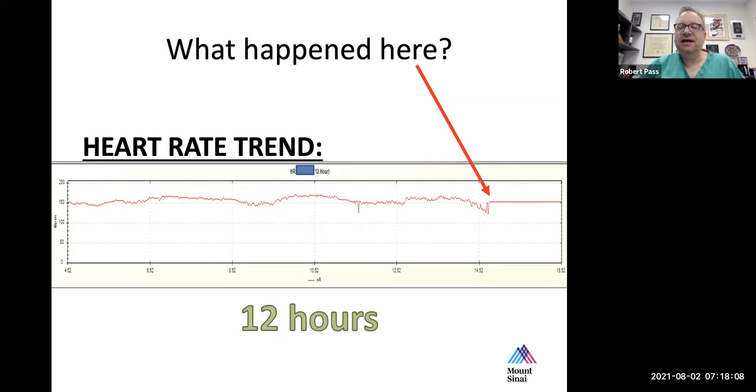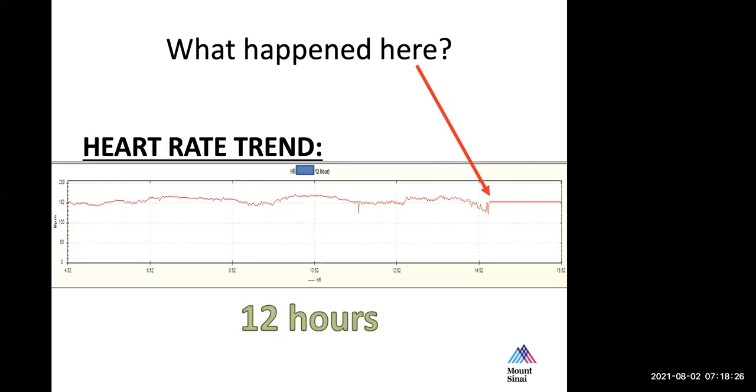And so I'm going to ask you, Dr. Condon, what you think you're looking at there, because this is an example, one of many that we'll go over this year, where I think looking at the heart rate trend can be very illuminating. So what do you think, Tulsi, is going on here? Hi. The first thing that comes to mind is